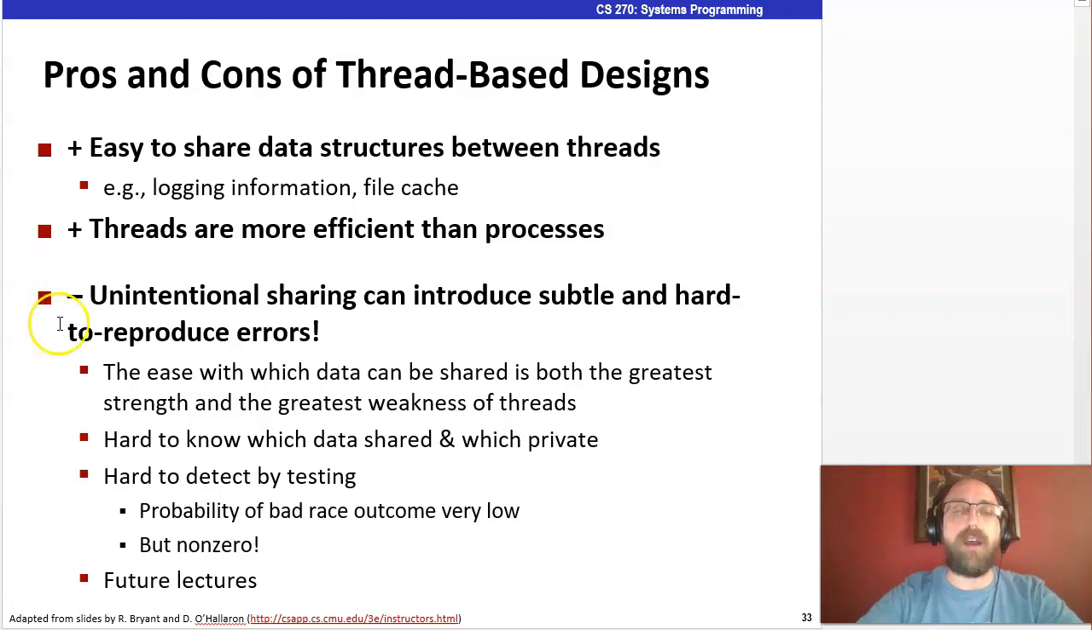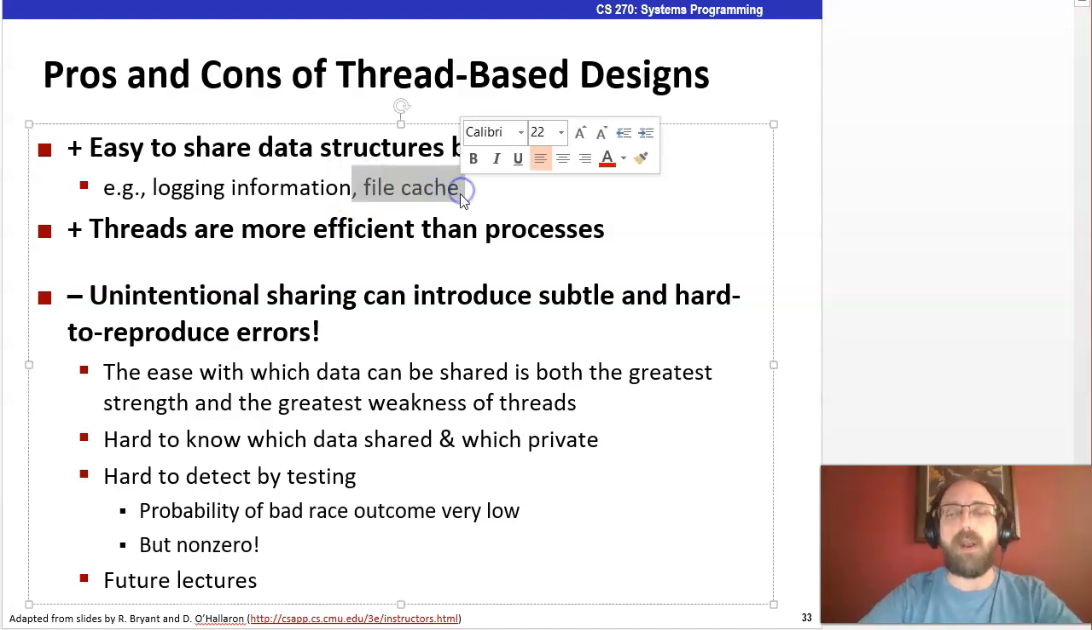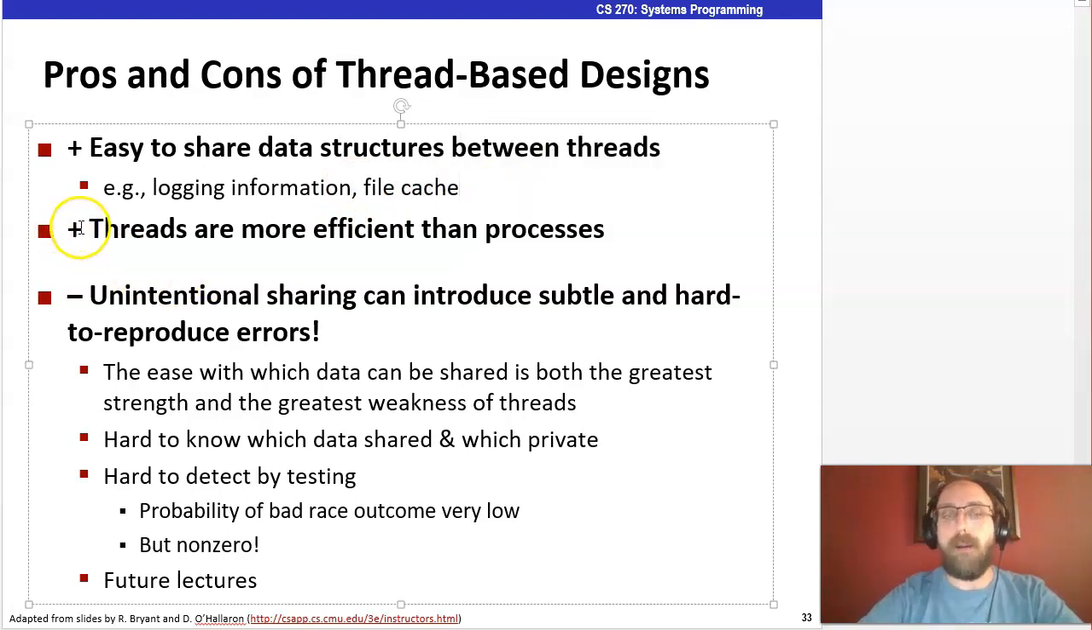So thread-based designs make it really easy to share things. We could have all of our threads log to the same log file, or even the same in-memory data structure. We could have them share the same database connection. We could have them all share a cache of some kind. Threads are also more efficient than processes, both in terms of startup time, but also in memory overhead, because almost